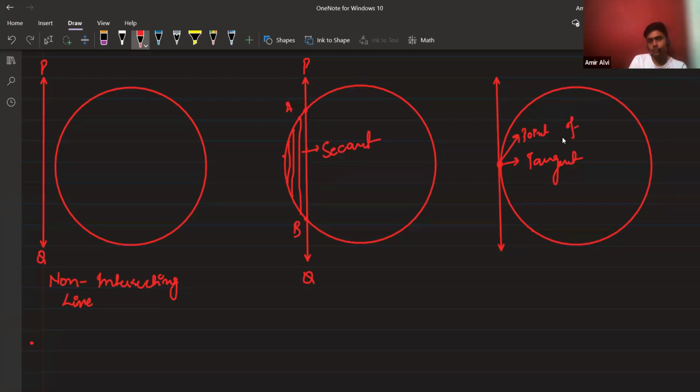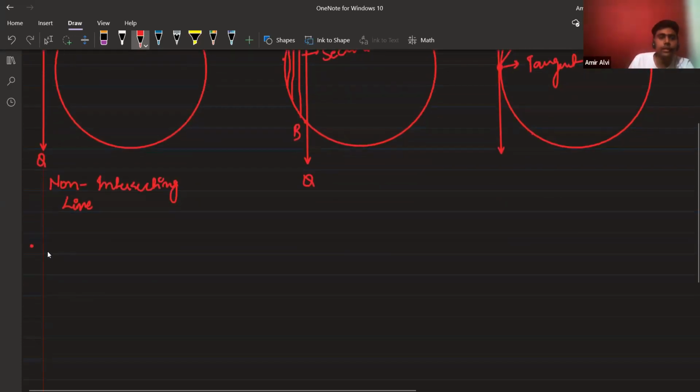Okay. Clear? Sure? Okay. So, without any delay, let's do the first theorem, because this is the starting of the theorems. Theorem first. It says that the tangent at any point